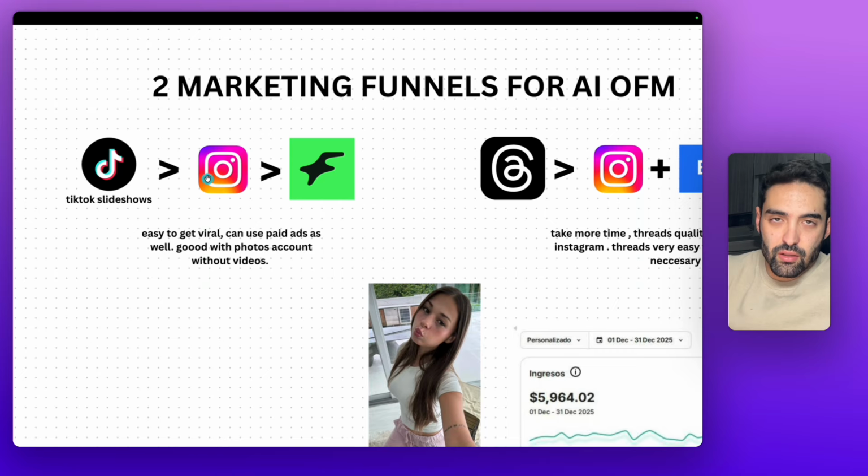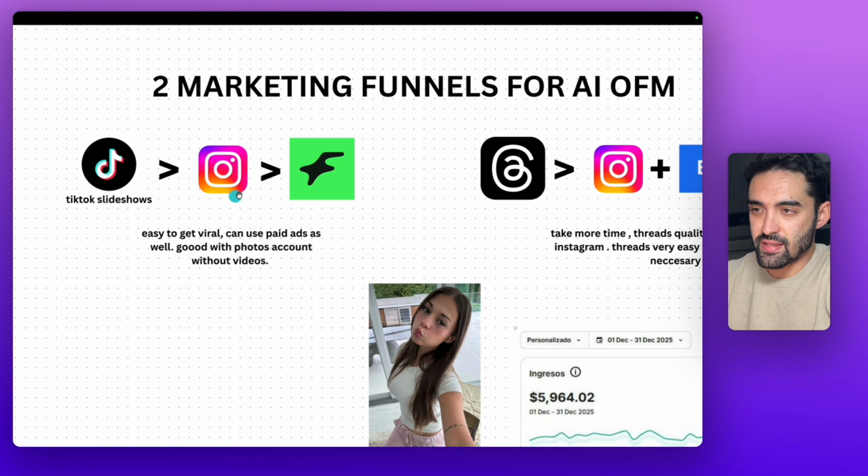If you're really consistent only with photos and you don't like to do videos because you think it's too AI, I don't understand that, to be honest, because Kling Motion is really good right now. But anyway, if you just have photos, you send them to Instagram, and then they go to FanView. It's a better quality audience. Probably they're going to be from the US, no third world countries, because we send them from TikTok. You can still use deep links if you want to qualify and filter the third world countries. I would suggest it anyway. And you can also send to Cupidbot if you want,